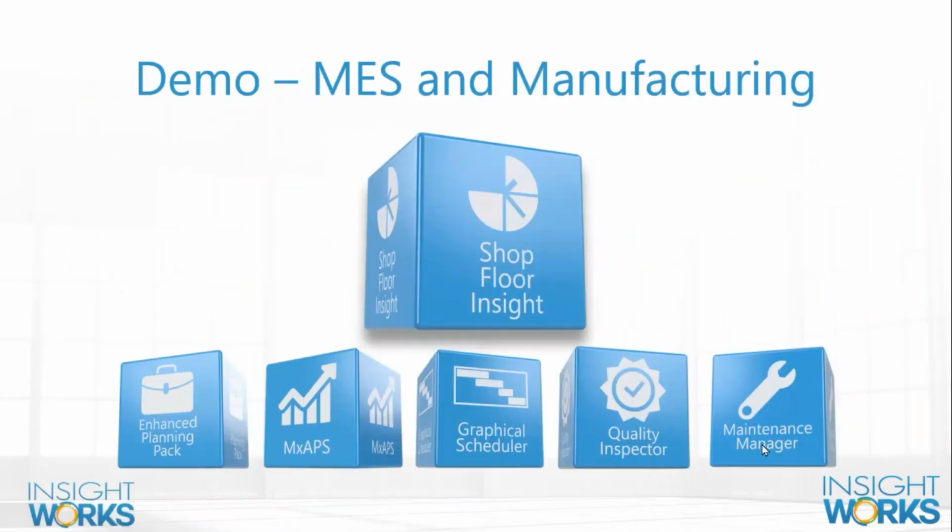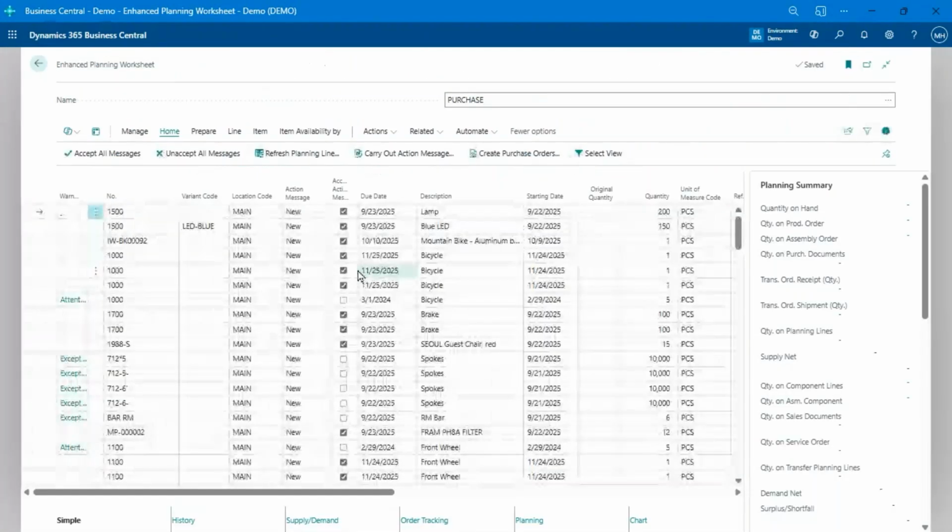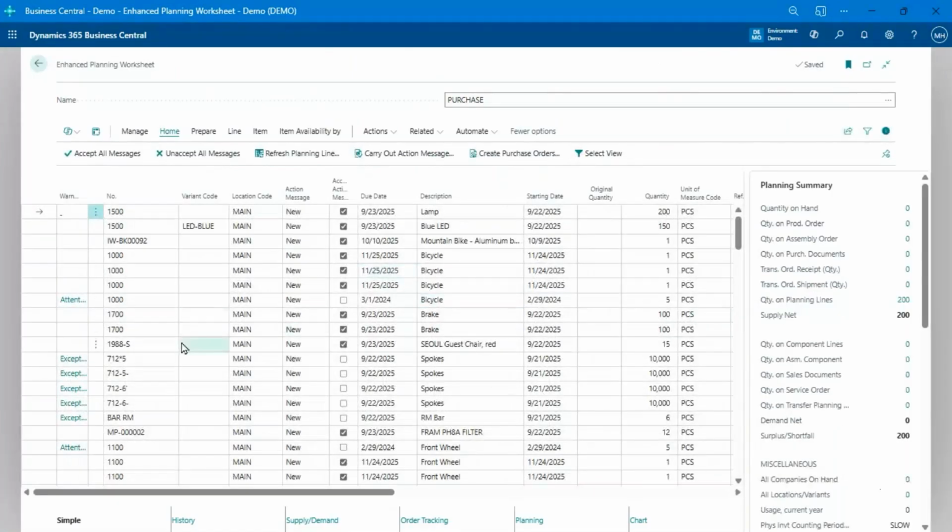All right, enough of that. Let's jump in and have a look at what this stuff looks like in Business Central and in shop floor. So I'll start with Business Central here real quick. And I'm not going to get into a ton of detail about some of this stuff. Again, you can install the enhanced planning worksheet and play with it. I'm not going to get into a ton of detail here at all, but it allows you to do a